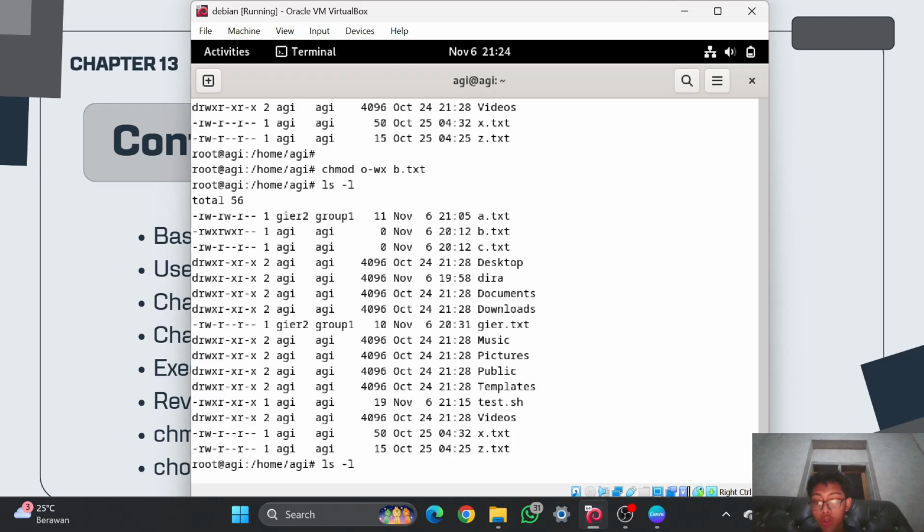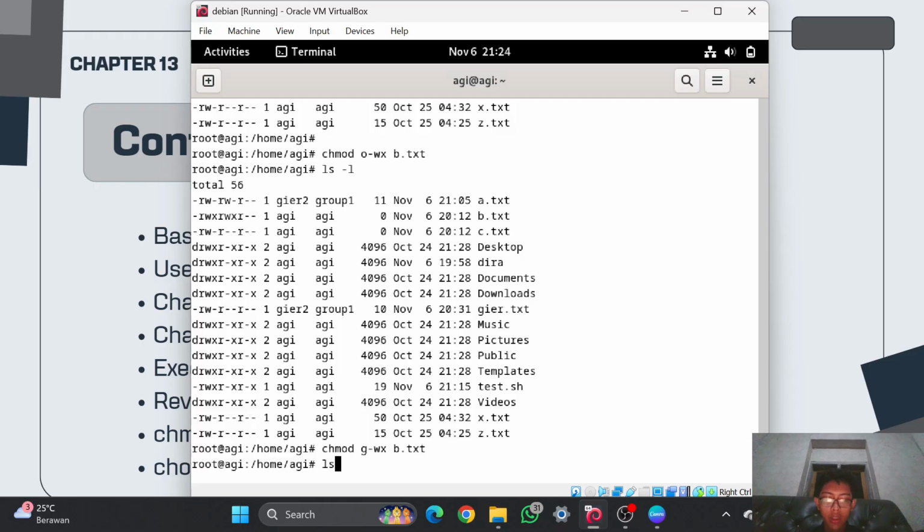And I will also try to remove write and execute on the group. You can use it like this, chmod g negative wx b.txt, because I want to remove access to write and also execute on the Agi group on the b.txt file.